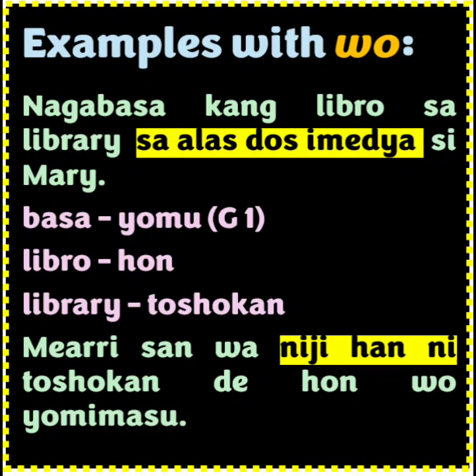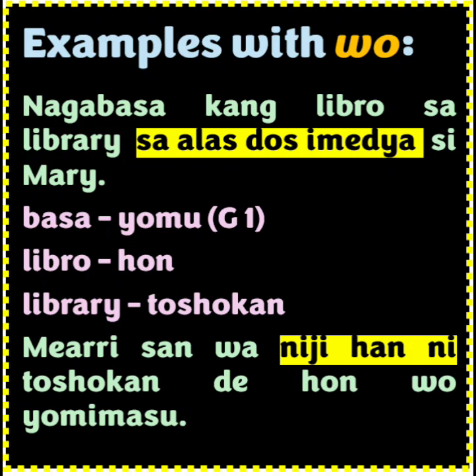Now let's take a look at the example here containing time expressions that require the time marker ni, and also sentences that contain objects. So our example here is, nagabasa kang libro sa library sa alas 2:30 si Mary. Basa would be yomu, which is a group 1 verb. Libro is hon, library is toshokan. So the translation of the sentence into Japanese would be,